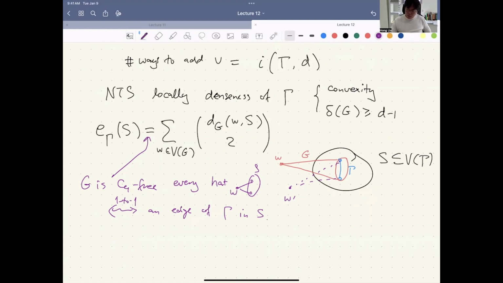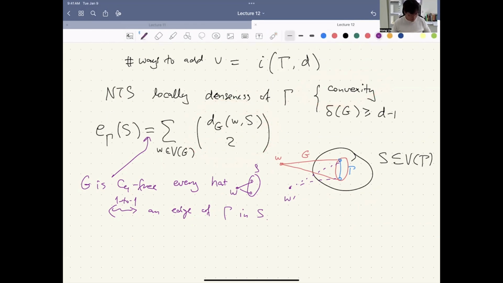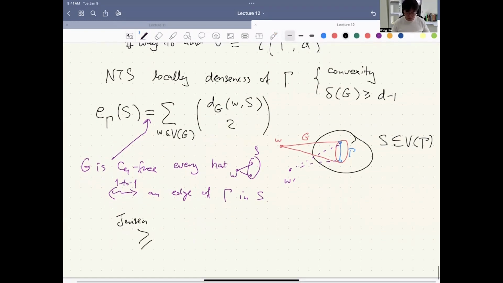Now, this is where we use convexity. We have this x choose 2 function, which is convex. So by Jensen's inequality, convexity, this is at least